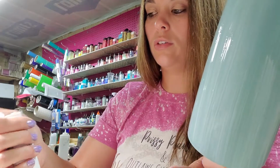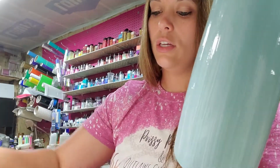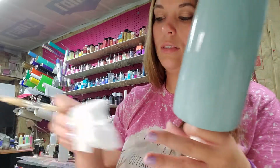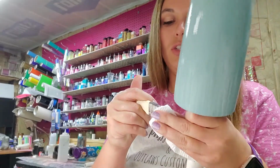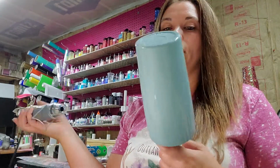I'm going to probably put just a little bit more. I think it usually takes a little bit more than that. That should be plenty. And that's all I have there, is a little bit of white acrylic paint. Make sure I get this clean. I mean, it doesn't have to be perfect. I'm going to go over this one more time real quick with the,